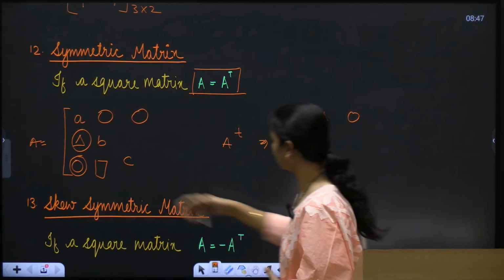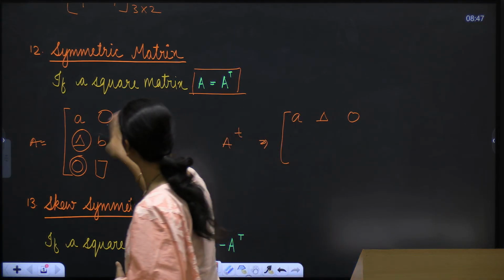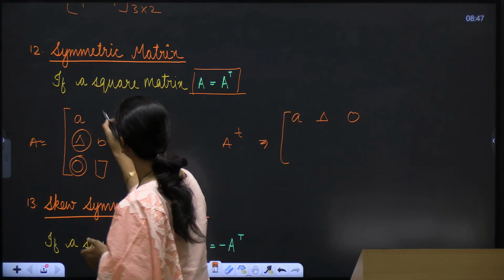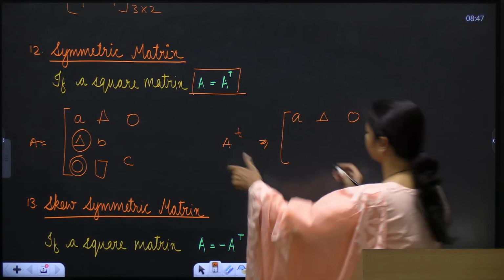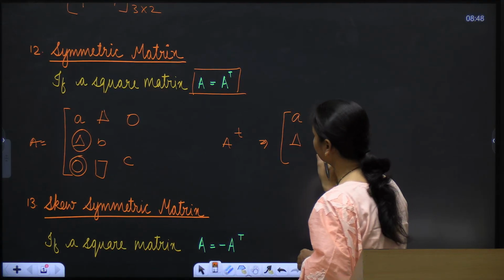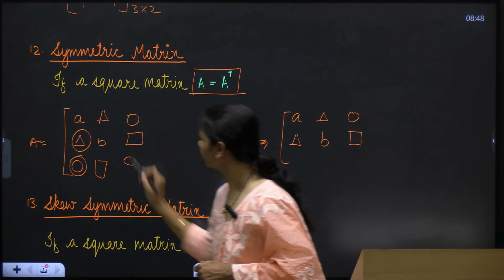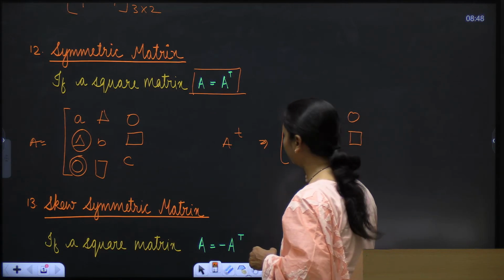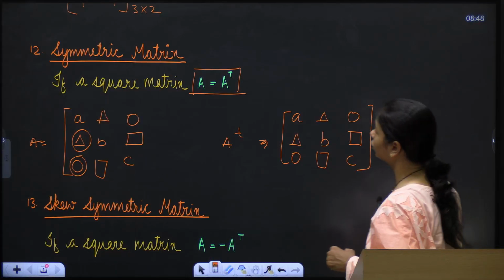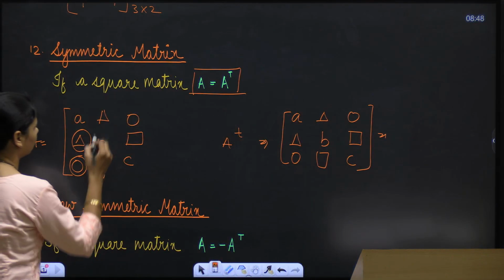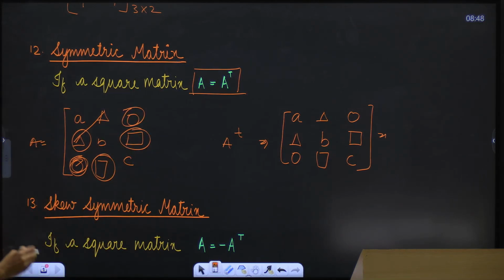Same way, if I do its transpose, then whatever element XYZ is here, like now I replace it here. That means I have to keep this here, okay, the same. And now suppose I transpose it, then this will become triangle B and then square. That means this square value must be here. Now I will place some value here. So to get a symmetric matrix, these two must be the same, these two must be the same, these two must have the same element.